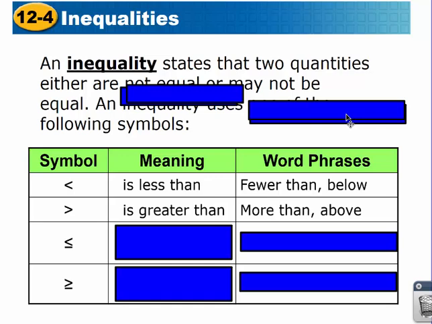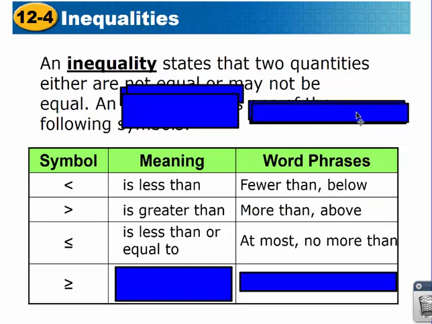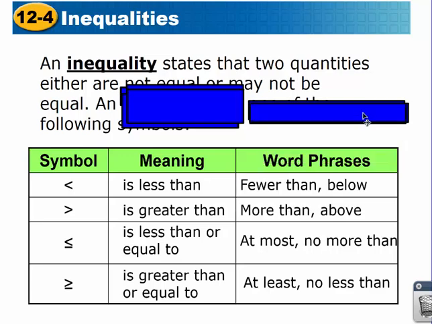This next symbol, you just started touching on it last year, and it's got a bar underneath it, and that bar means that it can be less than or equal to and still make the statement true. So that one means is less than or equal to. Some words that we use to represent that are at most and no more than. And the last one that we have is a greater than or equal to. Okay, notice it does say less than or equal or greater than or equal to. It can't be both. Okay, and some words that represent greater than or equal to are at least, no less